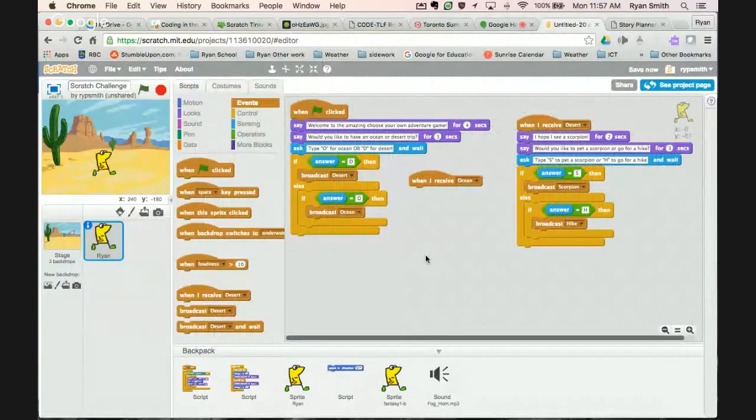So we'll do this. You'll get to see how to load in the background. So what I'm going to do is let's do our coding for the scorpion. So we broadcast scorpion. This is going to result in a game over situation. If you pet a scorpion, you're probably not going to survive. So let's, oops, not a when loudness. Let's do a when I receive